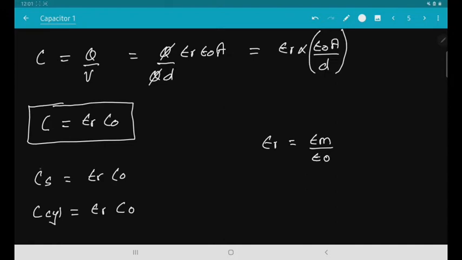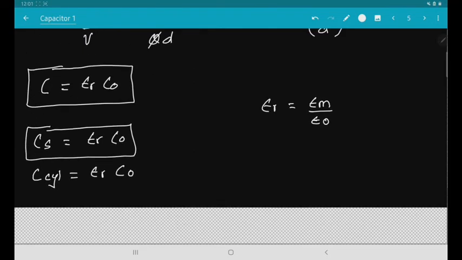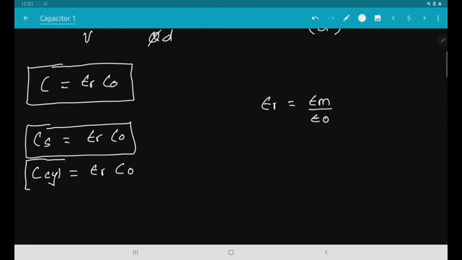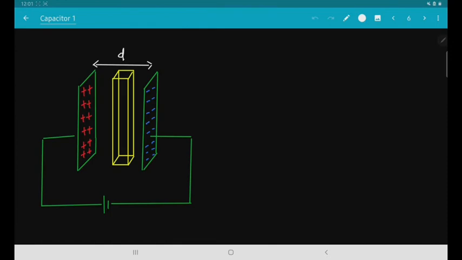And these equations we can apply when the dielectric is fully occupying the space in between the plates. Now let us take a case in which the dielectric is not fully occupying the space. Let us say that this dielectric is of thickness T. Now let us try to find the electric field, and from that we will try to find the potential in